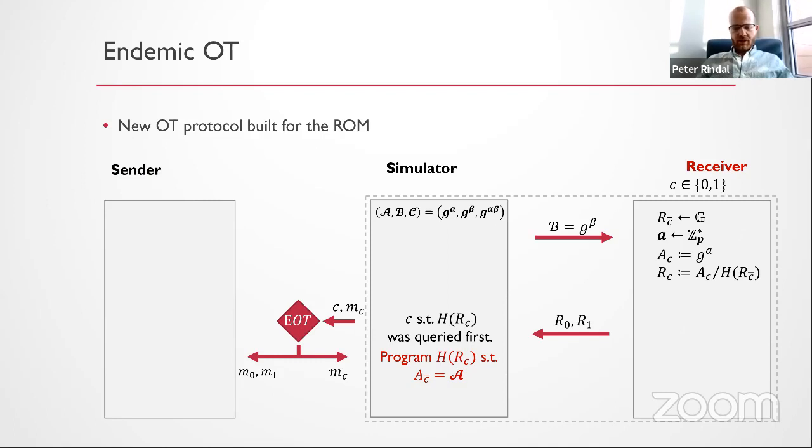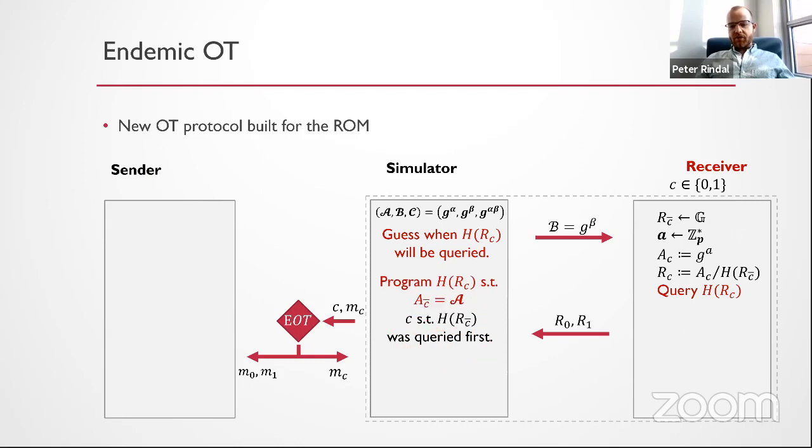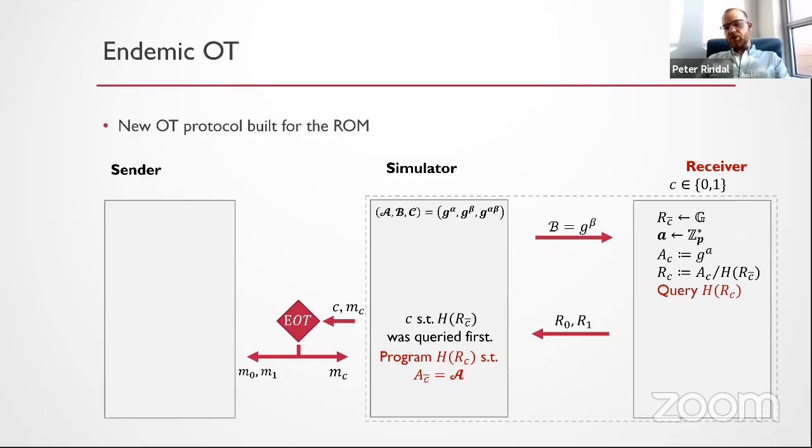So this is a classic step, and the way you do this is not too hard. You program the random oracle at RC such that it equals the DDH challenge A. We talked about this in the proof, but the way we did it is as follows. The problem is that as soon as you send over the big B, the receiver could query this point, and then you can't program it after that. So what you first need to do is